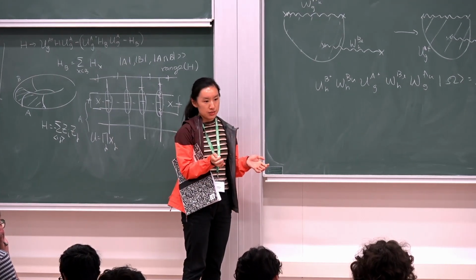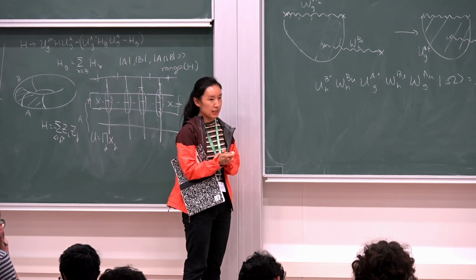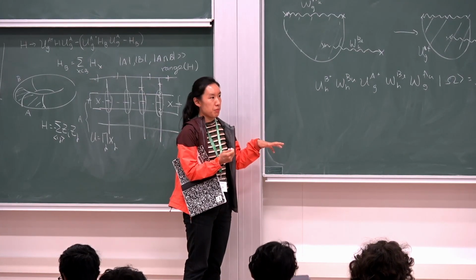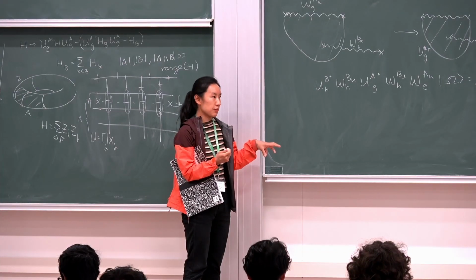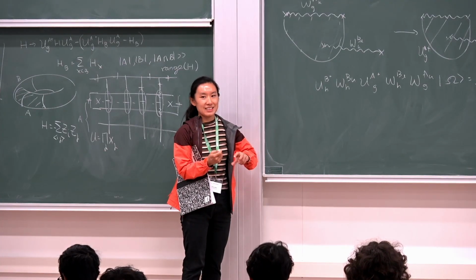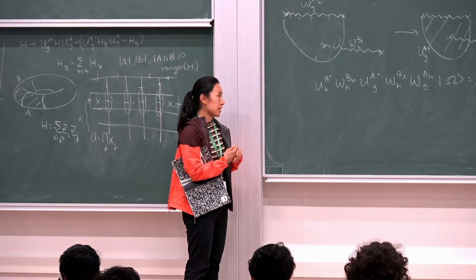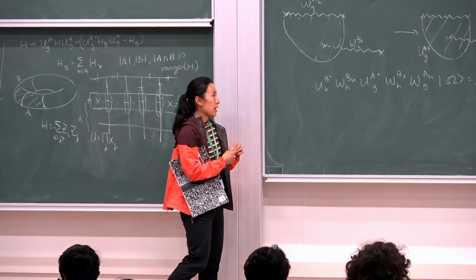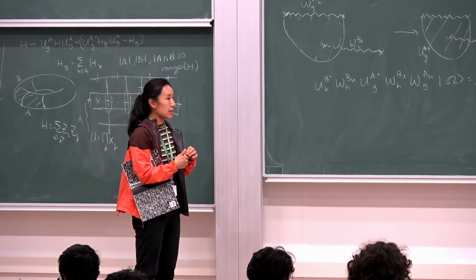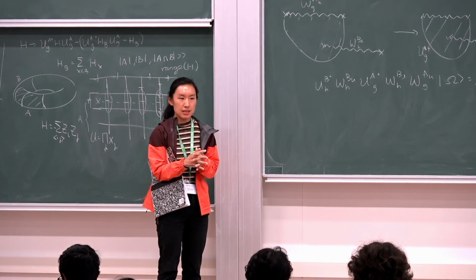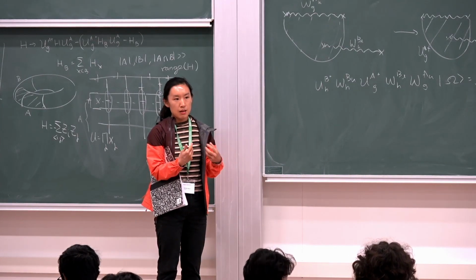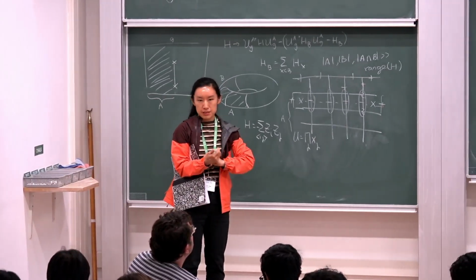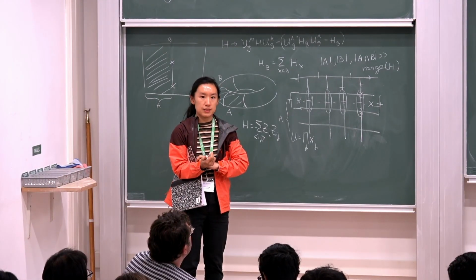There are kind of 2 ways to do gauging that I'm going to talk about today. One is just purely algebraic. It's just a map from properties of the symmetry defects and symmetry fluxes to properties of the anions that you would get. And by anions, I mean the spontaneously broken one-form symmetries of the resulting theory after you gauged. Another way is to do gauging explicitly on the lattice, and we can show that those produce the same results. In particular, after gauging these 2 paramagnets, we'll get 2 explicit forms for string net models that realize different